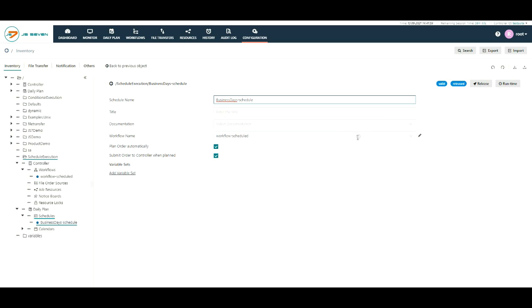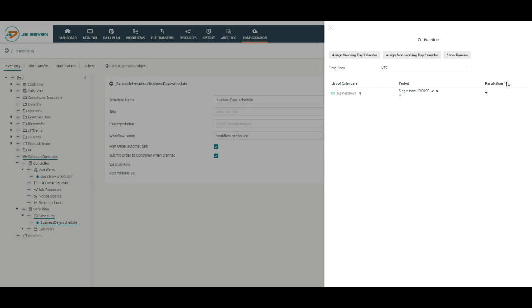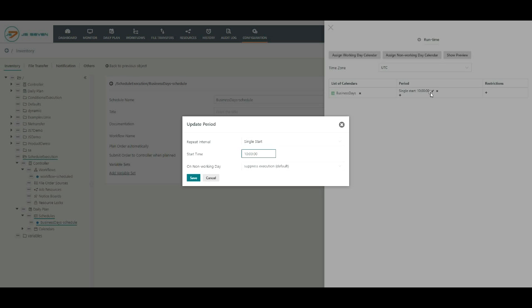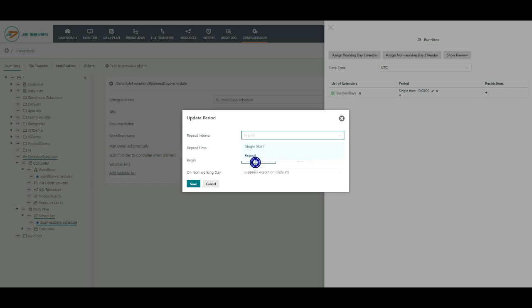Click on the runtime button and change the period of the schedule. Select repeat instead of single. Repeat is used for the cyclic execution of an order.